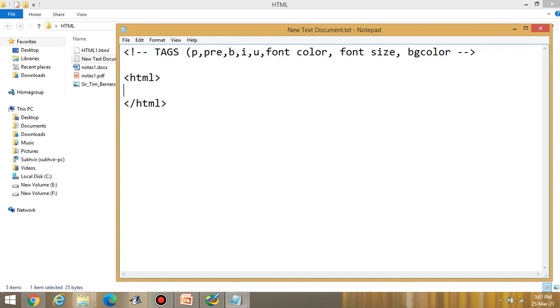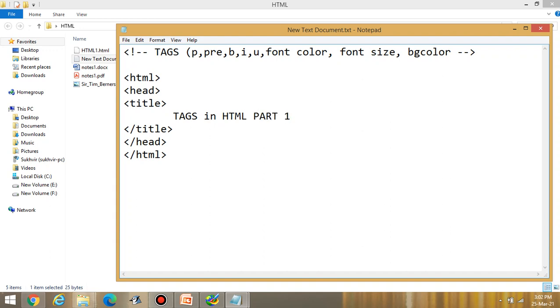After writing this, the next content required is head, and inside head we have to give title, and the close of title is required here. Suppose I am writing here tags in HTML